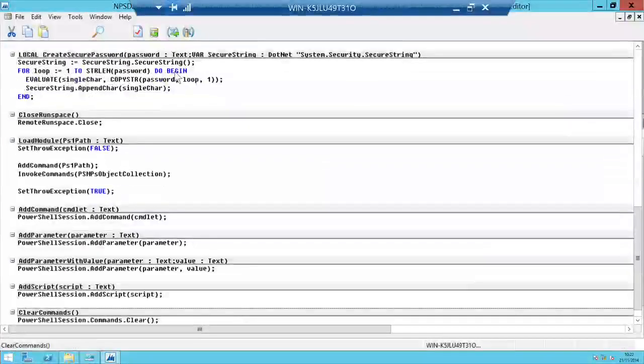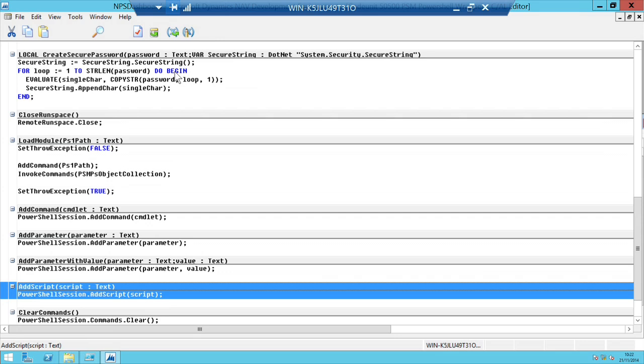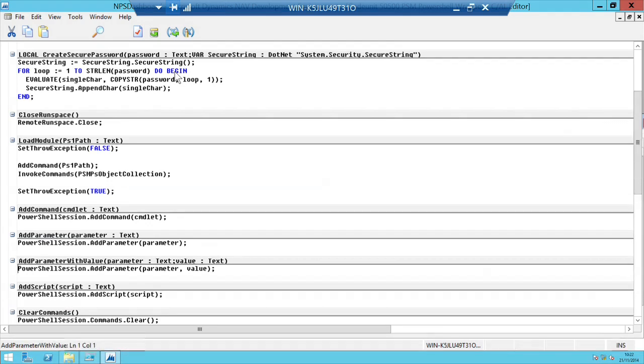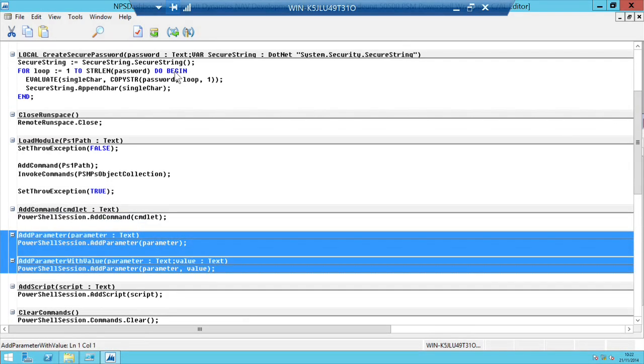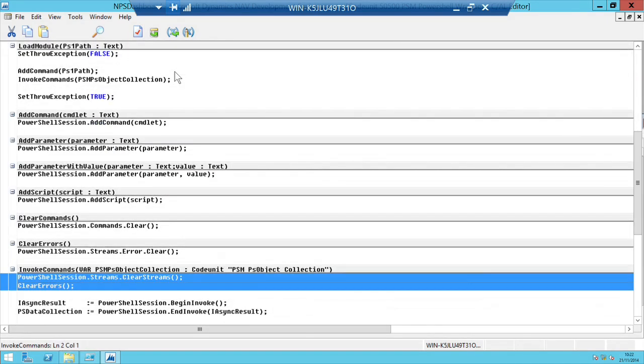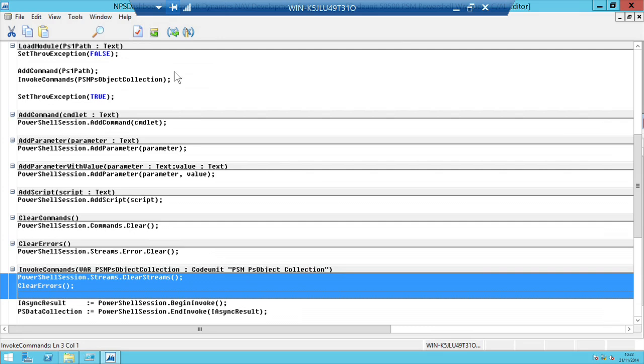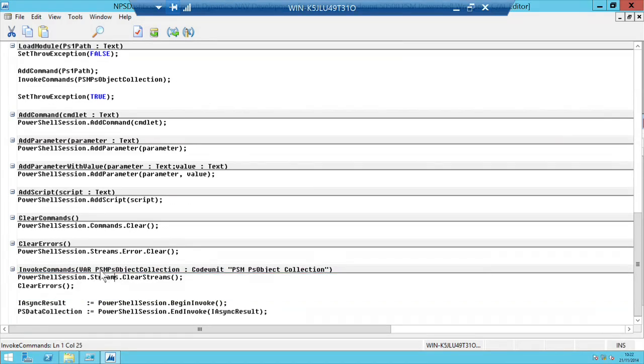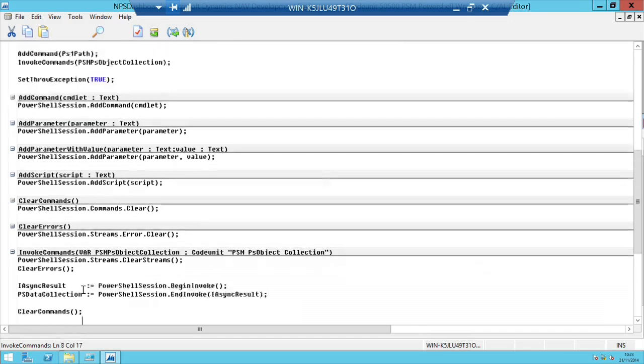There is even a possibility to add scripts. So if I'm not wanting to be bound to one command, I can add an entire script. If I do use commands, I can add parameters, either with a value or not. And obviously, I can invoke. And this is where I think the magic starts, because this expects that code unit. So I can just invoke and say, okay, here's my code unit, put everything in there, so I can use that code unit to go over my object collection. One thing here